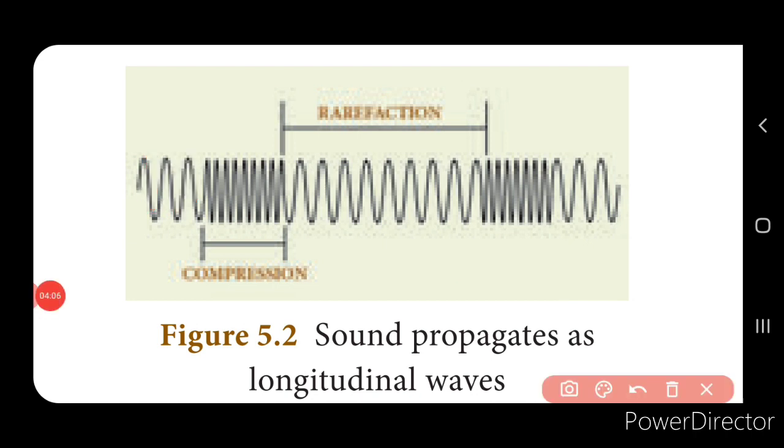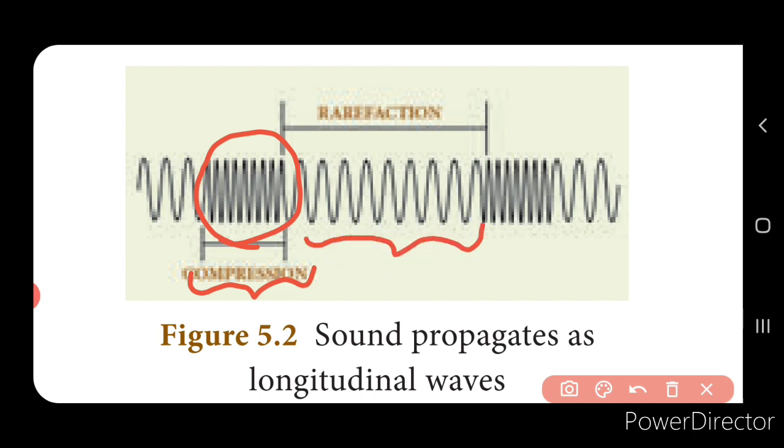Now for example, if the particle present here is vibrating, it starts moving, isn't it? So some of the particles move from here to here, and here the particles become crowded in this place. So it results in a high pressure region and a low pressure region, right? Now this high pressure region is called the compression. Here the pressure is more and the particles are more crowded, so it is called compression.